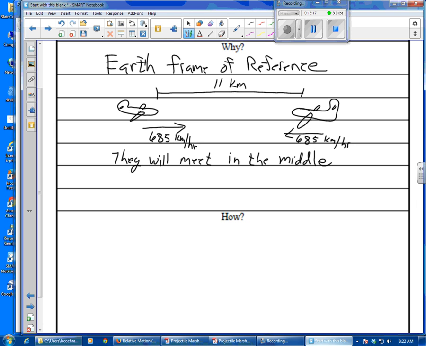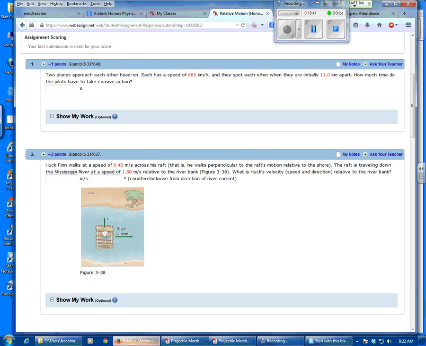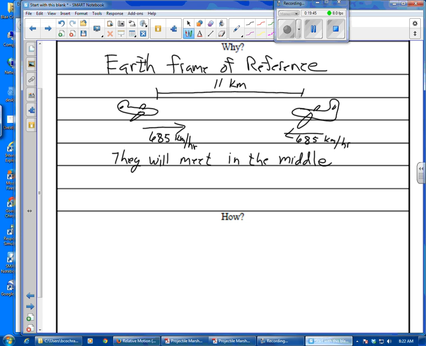Now, if we had taken it from, say, the left-hand plane's frame of reference, it would have been stationary, and the other plane would have moved towards it, and the Earth would have moved towards it. But in this one, since the Earth is stationary, these two we're going to see come together and meet in the middle. And I think that's part of the key understanding here. So, taking that into consideration,